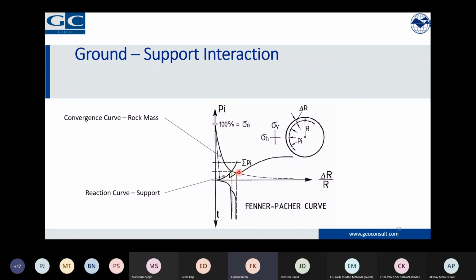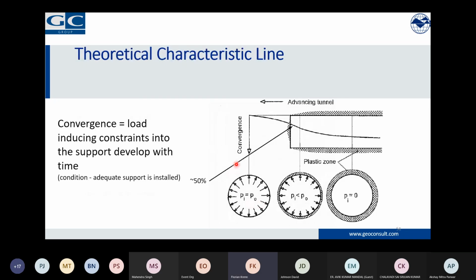And once these two intersect, we have a stable equilibrium. That's the message of this whole diagram. What can be seen here is that there is a component of time also inside, because support, especially when it's just young sprayed concrete, will not give much support pressure. But once the Young's modulus is increasing, the strength is increasing, this strength will also increase over time. And the loading will increase over time because we are moving on,